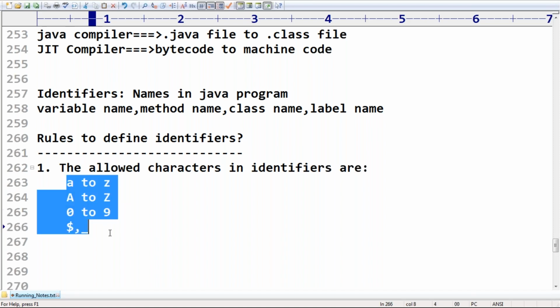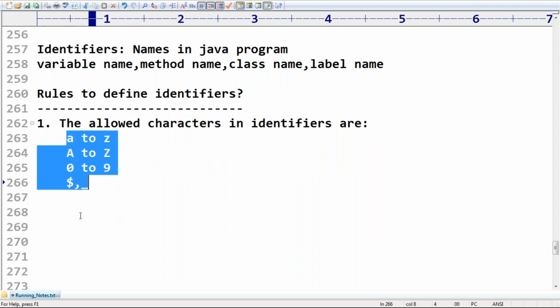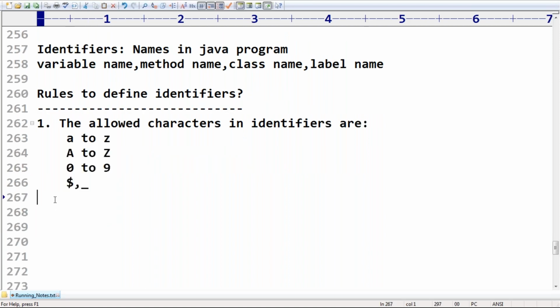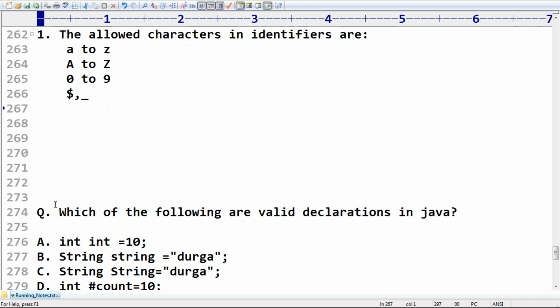These are the only allowed symbols in Java identifiers, right? Remember this: alphabet symbols, digits, dollar symbol, underscore symbol.